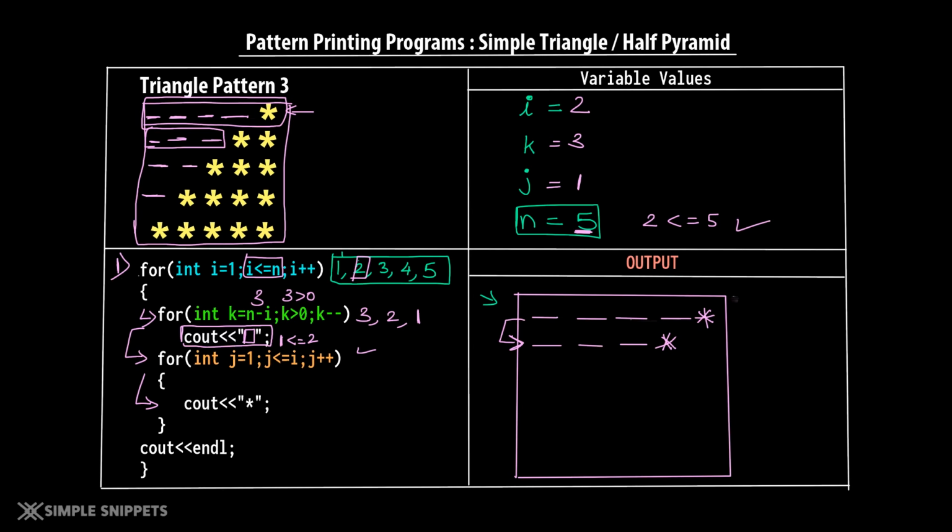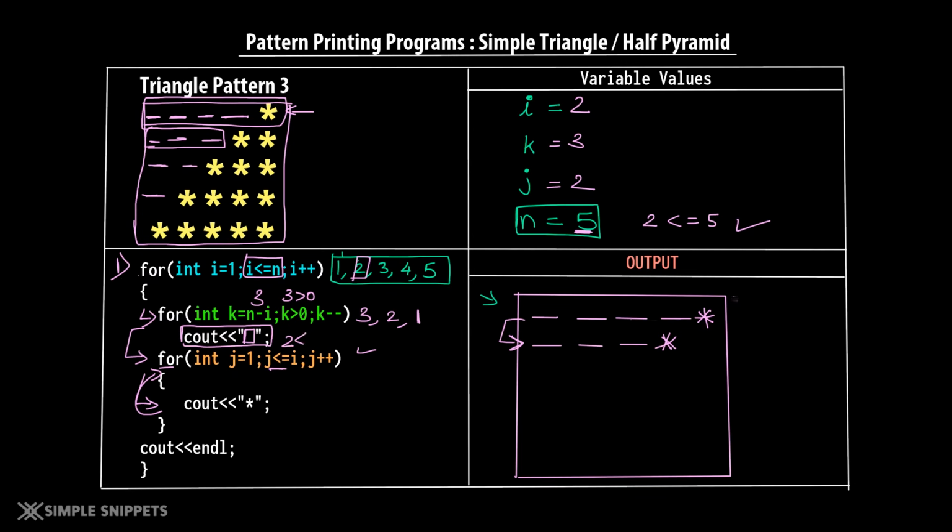Now after this statement, of course this is the last statement in this for loop. We will again come at the start of the for loop and we will say j plus plus. So j will become 2. So let's write 2 over here. Now again the condition is going to be checked. Is j still less than equal to i? j has become 2, right? And i is of course 2.